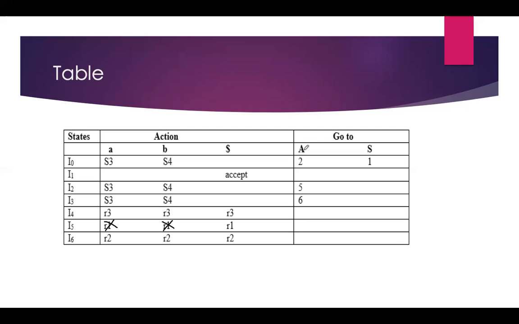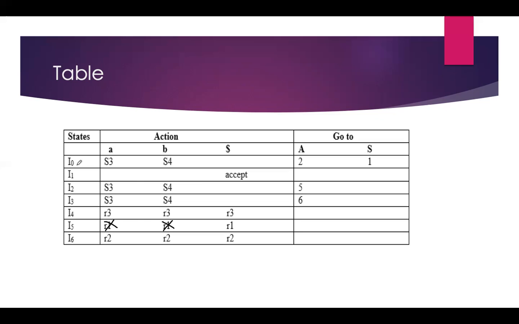Under this we will include all the non-terminals, those are the capital letters, while the terminals are small letters. So what are the capital letters? A and S, the starting symbol S and A. These are the variables we got. So in the goto column we will include these two variables, A and S. Now let me show you how to fill this table.